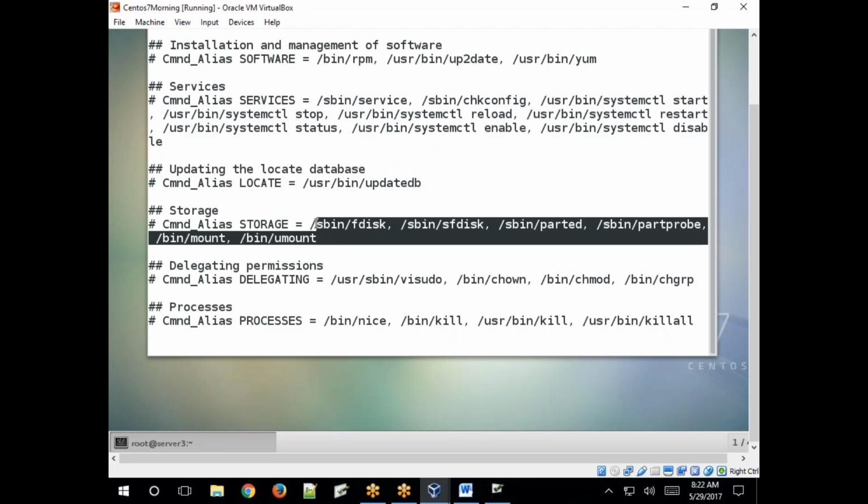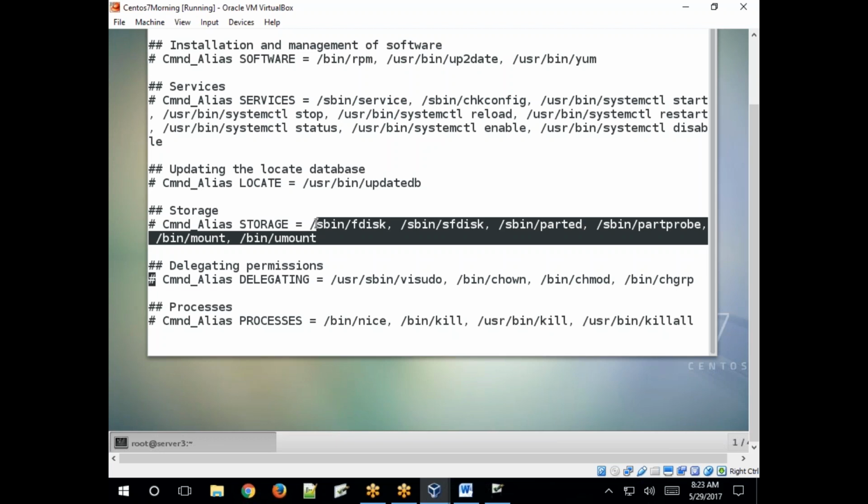These are all disk management commands, right? What is the mount command? To mount a partition, and unmount, to unmount the partition. You create partitions using fdisk, parted, partprobe. What is partprobe? It updates the newly created partition information to the kernel, without rebooting your Linux server. That is also a disk management command.